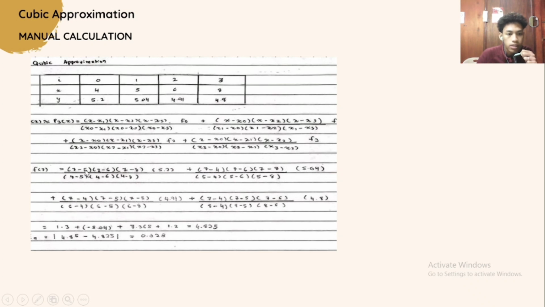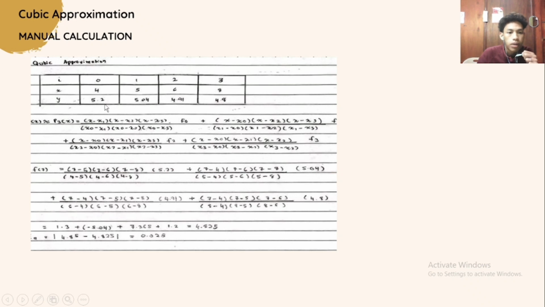This one X, and X1 is 5, and 7X, and minus X2 is 6, and times X 7 minus X3 is 8, and divided by x0 is 4, and minus x1 is 5, and then times 4 is x0, and minus 6 is x2, and then times 4 x0, and minus 8 is x3, and then times 5.2 which is y for the